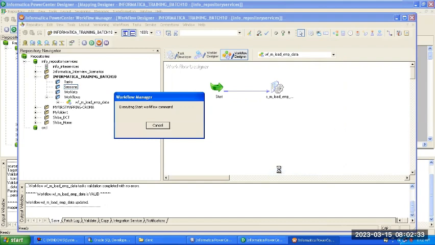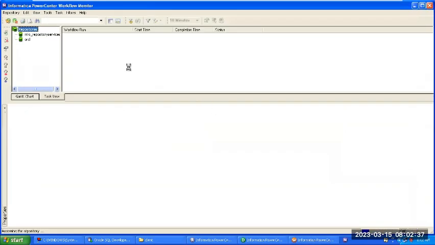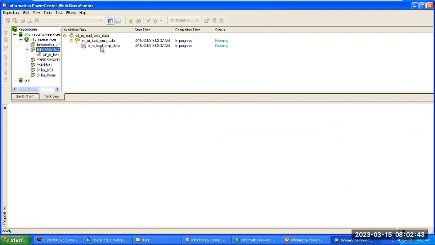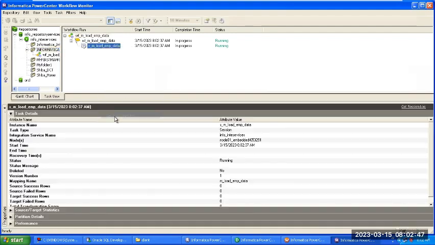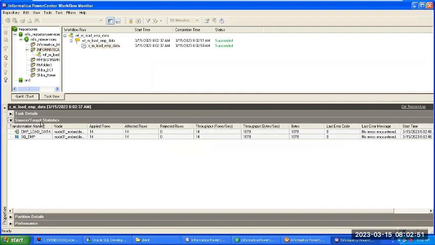Now suppose you want to execute, then start the workflow. It will start and you can monitor it in the workflow monitor. Here your workflow is started. You can view whether it's running or not. If you notice here,